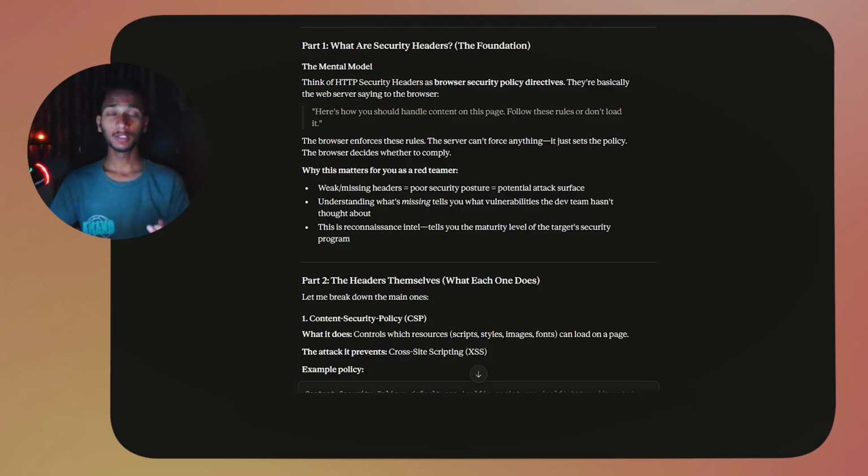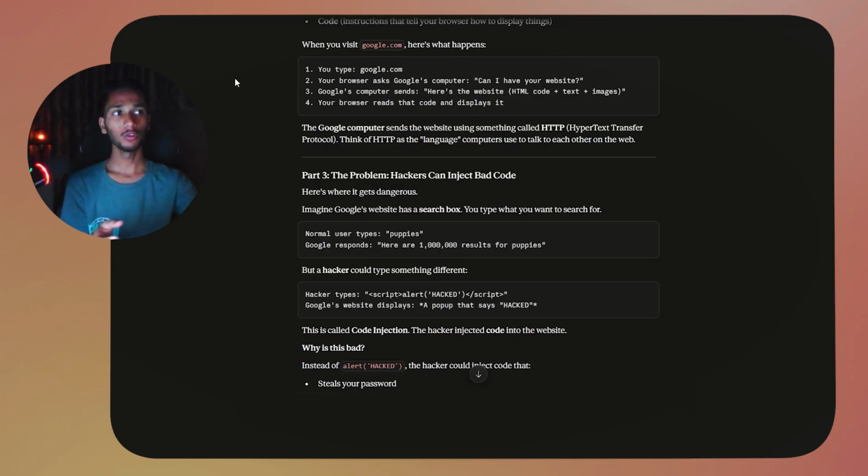So before we understand the security headers, I want to tell you some basic stuff so that you will understand the security headers better. First of all, you see right here, when you visit google.com, here is what actually happens. For example, you type google.com, your browser asks Google's computer, can I have the Google website, the Google search engine? The Google server sends you that home page, the home page where you will type something, whatever you want to